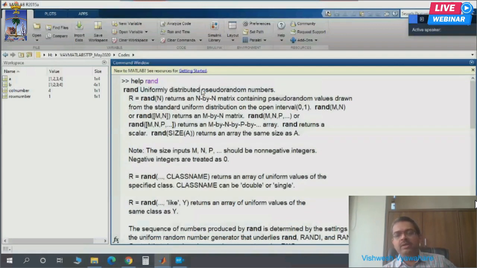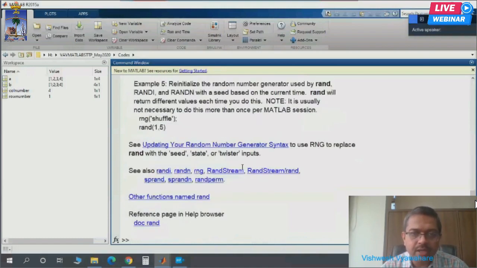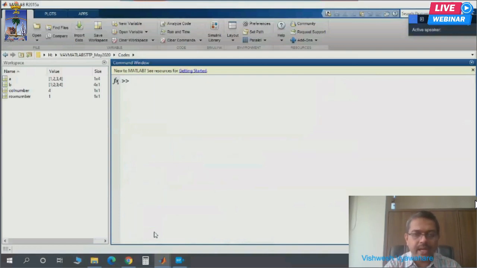So these are random numbers, but MATLAB is using an algorithm to develop those random numbers. There is an algorithm which is being used to generate the random numbers. So they are not true random numbers, that's why they are pseudo random numbers and they are uniformly distributed. You can also generate a Gaussian distribution or normal distribution, then the command is randn. Why have I given this command? I will now create the matrices and arrays using this rand command.